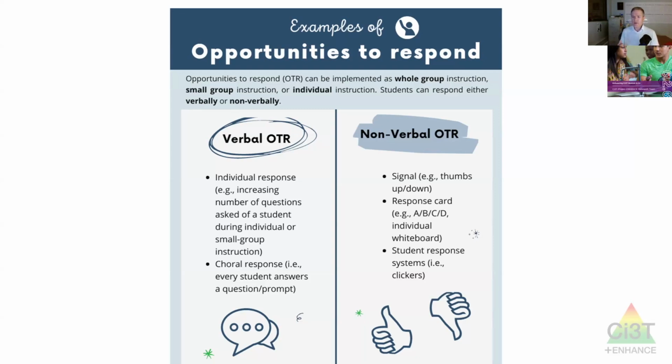The other thing I like to say for the choral responding, I do kind of a hybrid with my class. I would do think, pair, shares. So it's maybe not a question that I just want people to repeat because it's not something short, but it's something I do want to keep everybody engaged with. And if I just called on one person, that wouldn't keep enough people engaged.